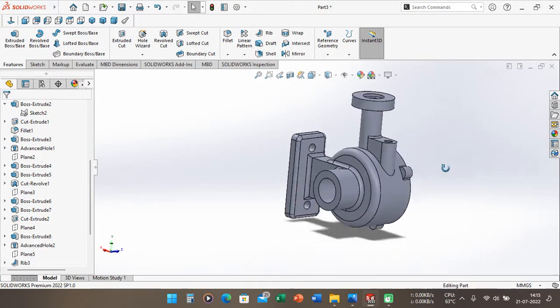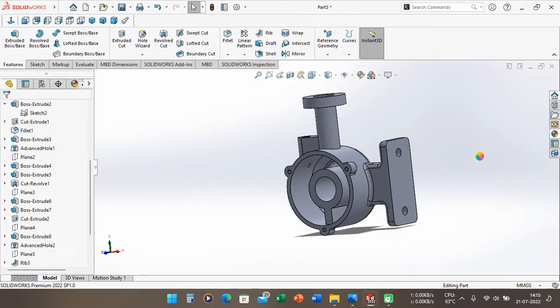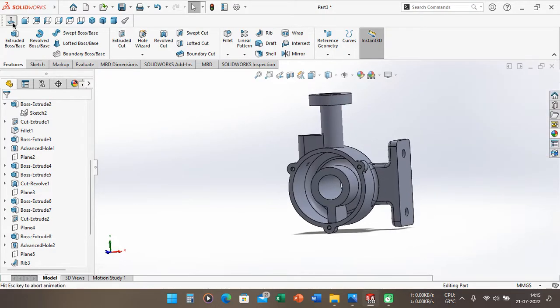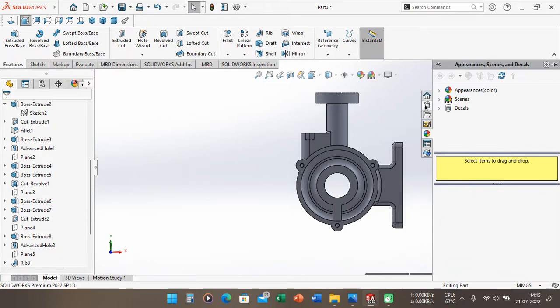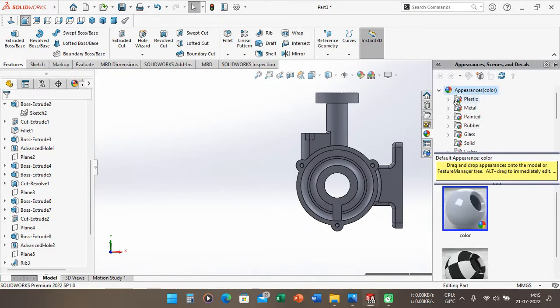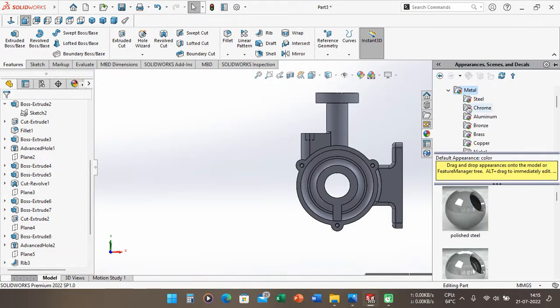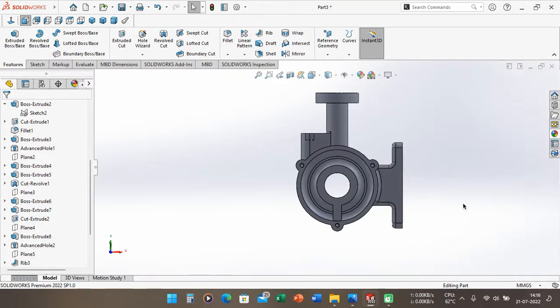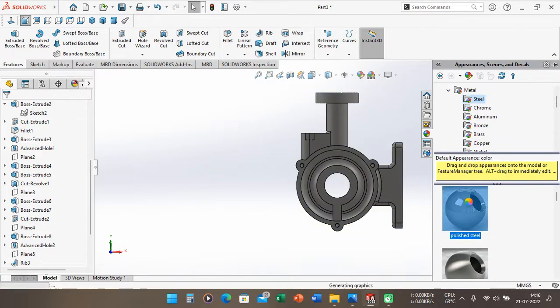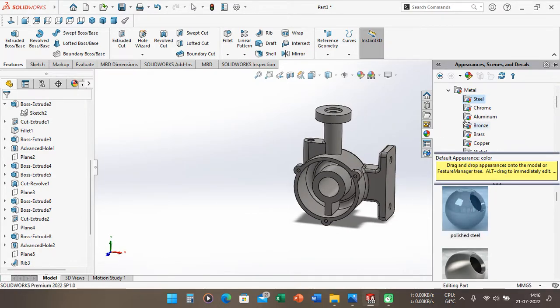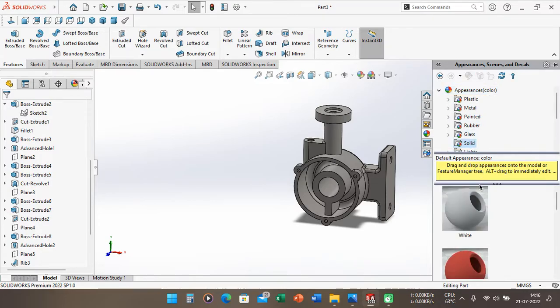We can adjust the material here, and we can select metal, and we can use steel. Okay, and then we can set the color to solid, and we can choose red here.